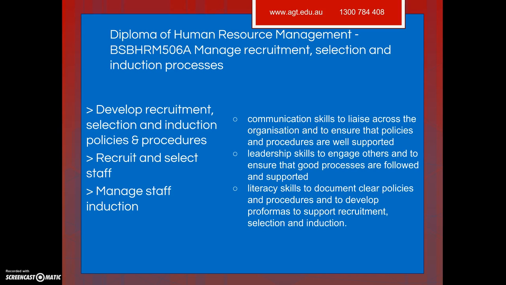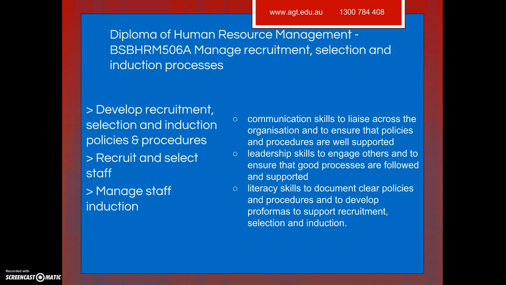So if we break that down into some of the required skills, you'll be showing that you have communication skills to liaise across the organization to ensure that policies and procedures are well supported, that you have leadership skills to engage others and to ensure good processes are followed and supported, and that you have literacy skills to document clear policies and procedures and to develop proformas to support